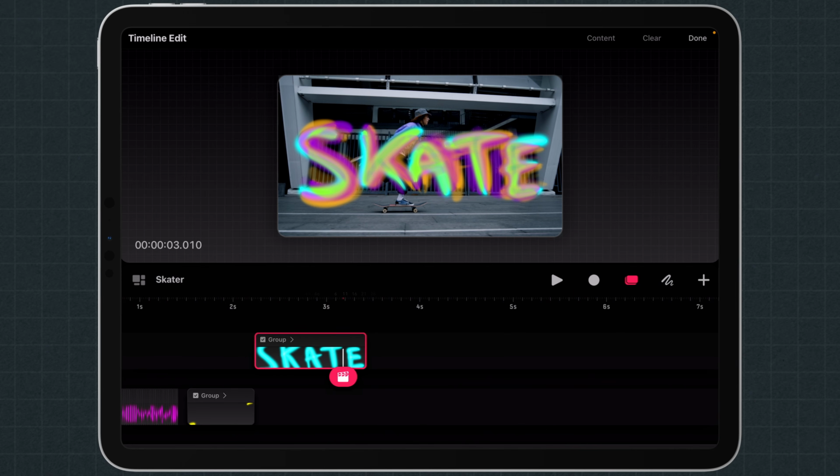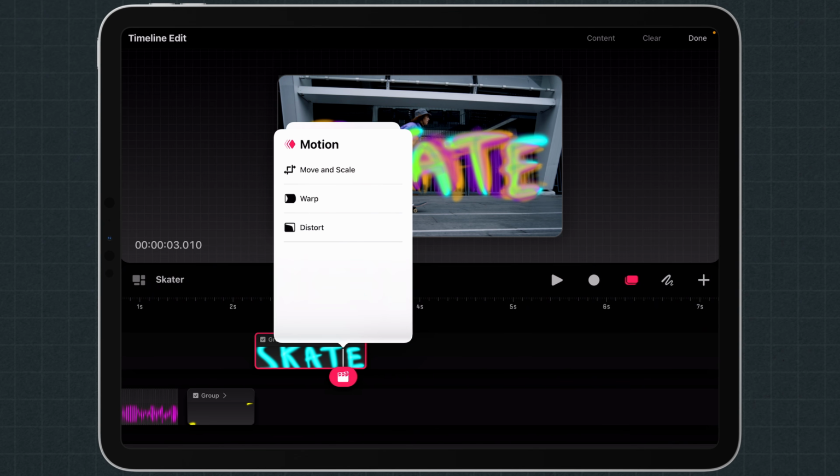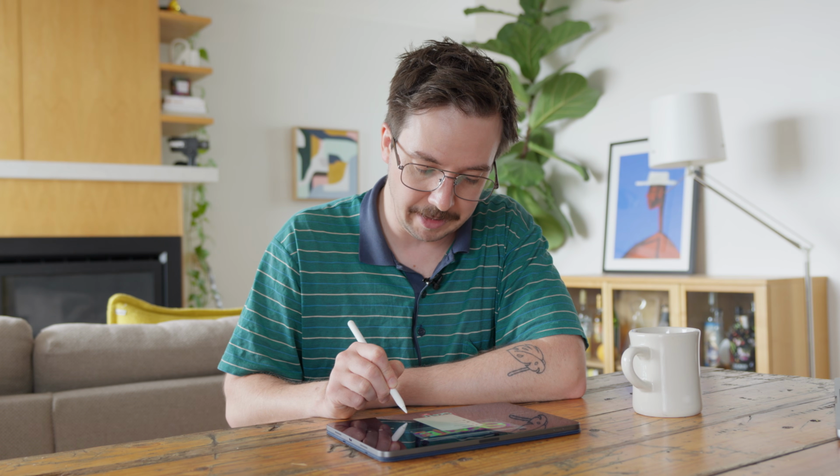Love it. I'm not going to go through and show you every little element for every scene, but some other things I do want to show you are things like the text effects. Actually, before I get into that, I'll just show you a couple of other little bits and pieces now that we've got some things on our timeline. If I tap on this and then tap our little timeline button here, there's options for move, filter, and edit. So move just means that you can move and scale the actual piece here, that's what I'm talking about, as a group, which is really nice. You can do other things like warp and distort, but you can't do it on this specific piece of footage, so don't worry about that.